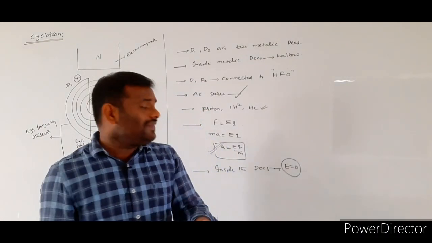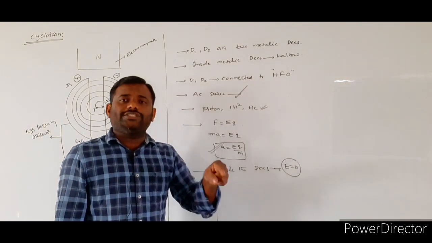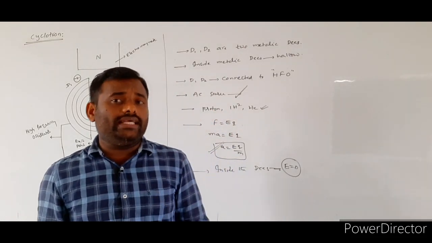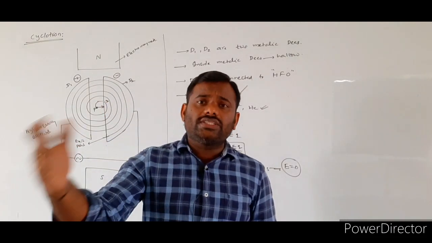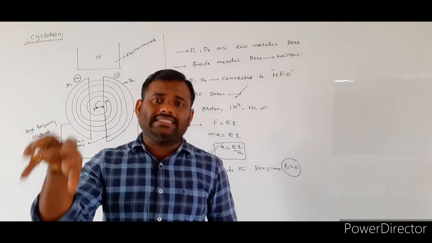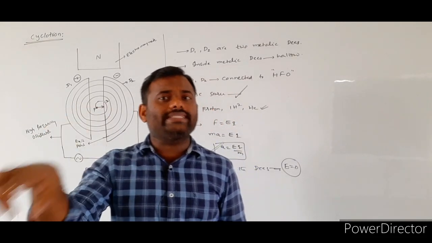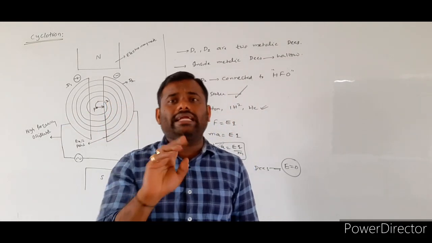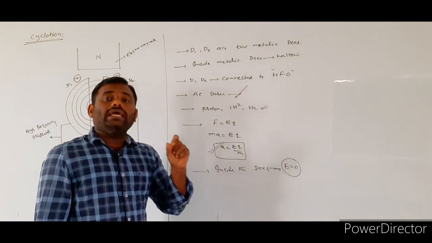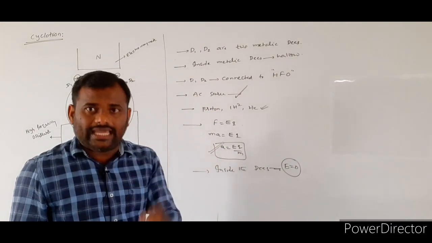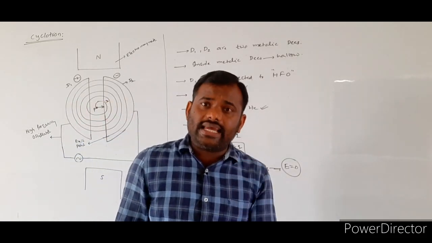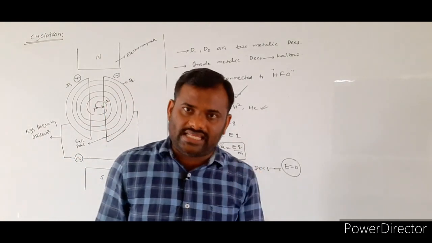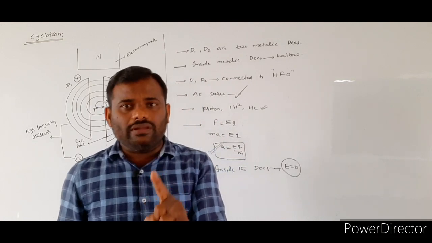That means, whenever charged particles enter inside the metallic disc, there is no influence of the electric field over that charged particle. So inside the metallic disc, only the magnetic field effect will be there. This point we have to remember: inside the metallic disc, electric field influence does not exist. Only magnetic field influence exists.